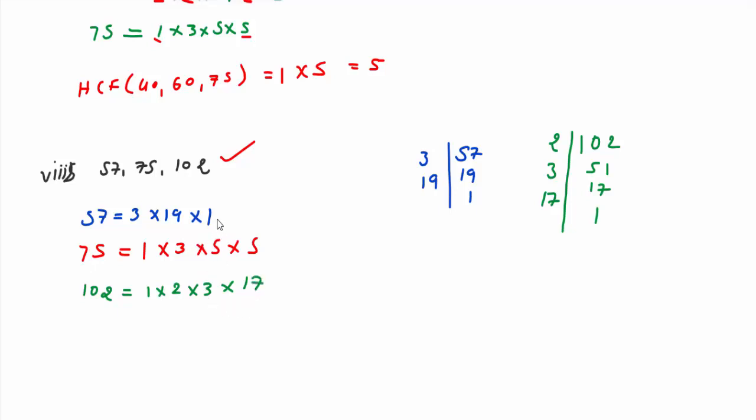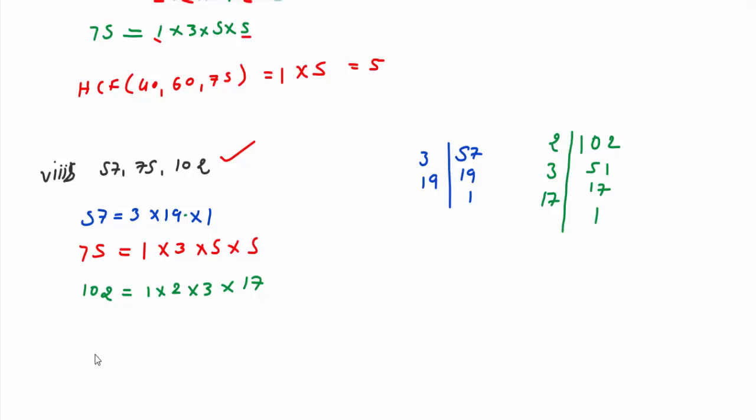Students, if you observe, all the numbers have a last common factor: 19, 3. All these are prime numbers. See, students, all the numbers in your factors should be prime numbers. अगर एक भी नंबर प्राइम नंबर नहीं रहा तो आपका HCF रॉन्ग हो जाएगा. That's why we studied in the previous class, in set number 11, how to find out the prime factors.